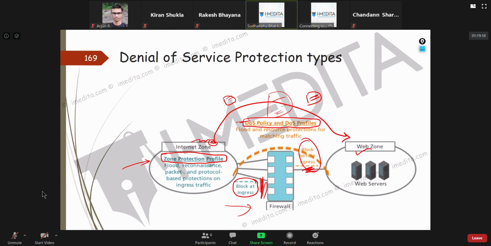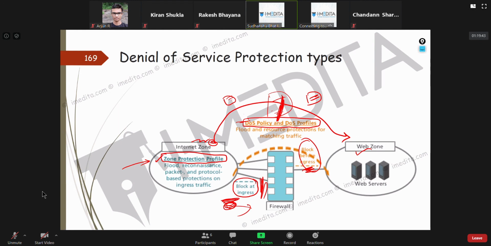So if you have a requirement that traffic coming from this source zone going to this destination zone needs protection, you need to create a DOS policy for that. If you just want to limit something at ingress and you don't care where it is going, then you go for a zone protection profile.